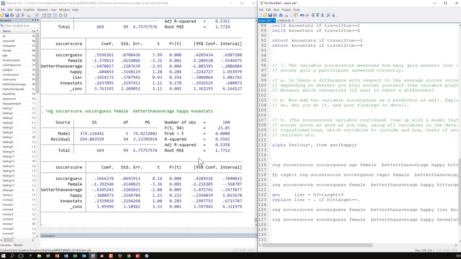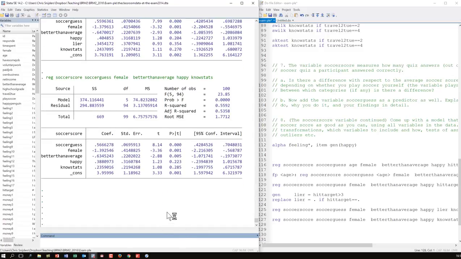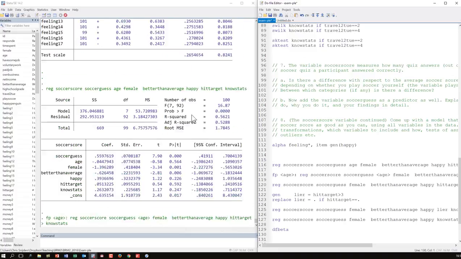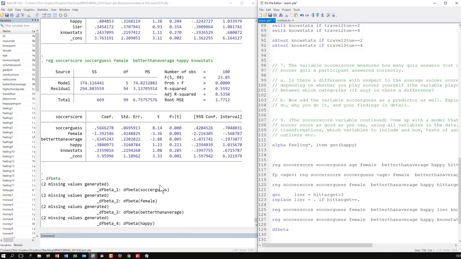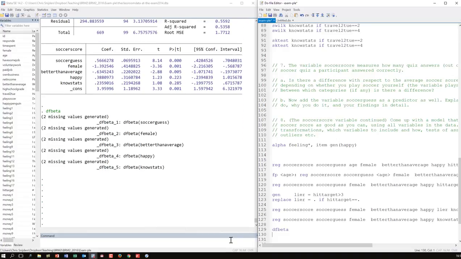What would be the next command that I need to do here? I could try. Any clue? So one would, well, you know, let's stick to, for instance, the DF betas. I get 1, 2, 3, 4, 5 different DF betas back, corresponding to the 5 variables that I have over here. And let's see how we can deal with that.